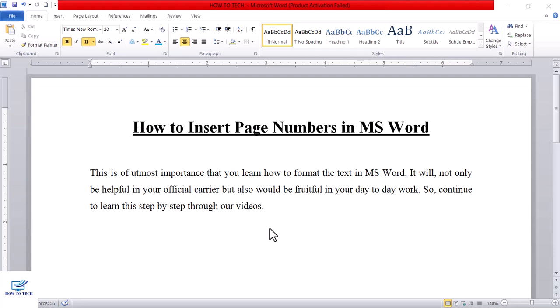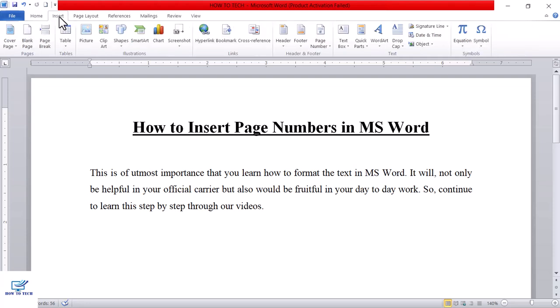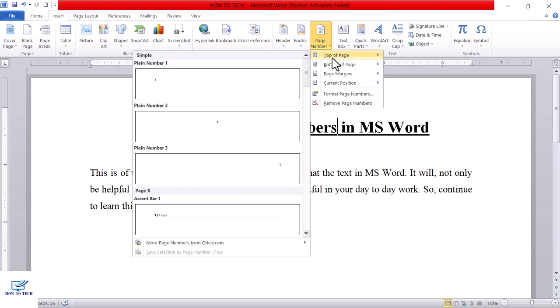In this video, you are going to learn how to insert page numbers in MS Word. So to insert page numbers in MS Word, you have to click on this Insert tab, and when you click it, the option of page number will appear here. So click on this. You can see different options available for where you want the page number to